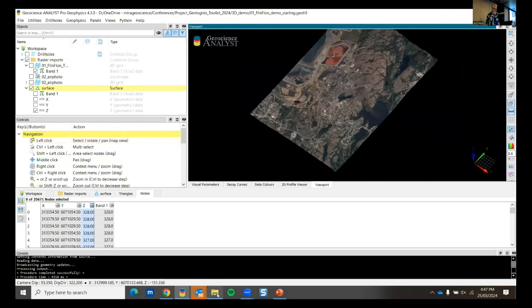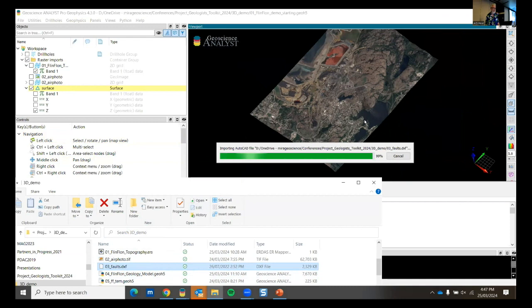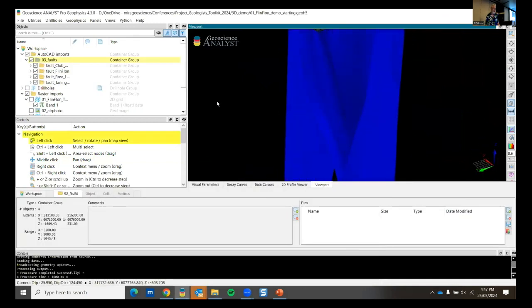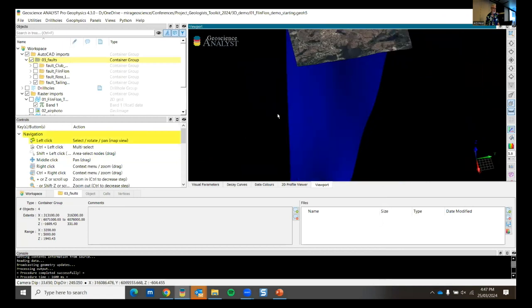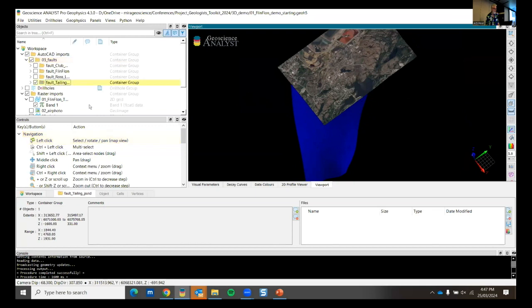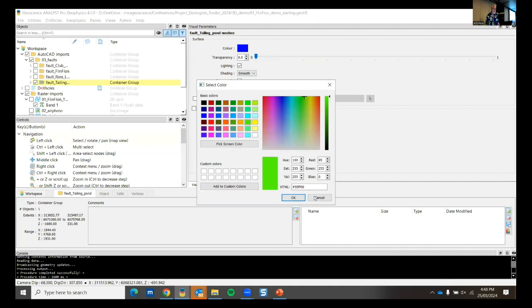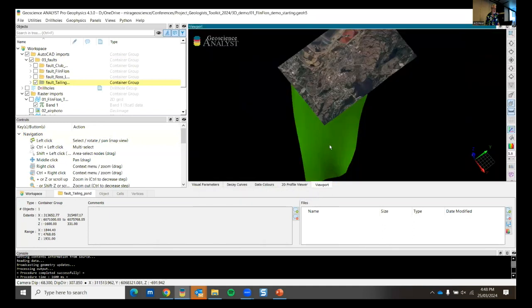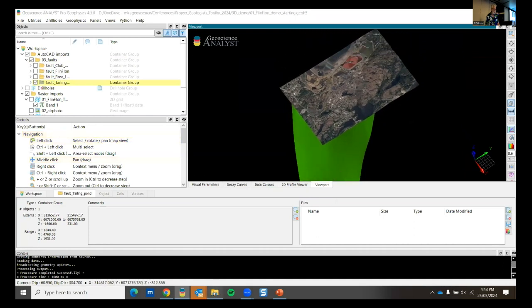What I will bring in next is just a geological object. This is just a DXF, which is a common interchange format for surfaces. Just drag that in, and I'm bringing in a fault. So there's a whole bunch of faults. Sorry, they're all colored the same color. I'm just going to turn a few off so that we can actually see one. We could change the color of that to something we can actually see. There's the fault.